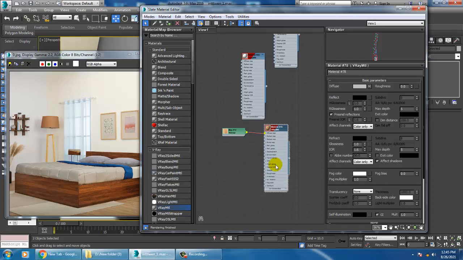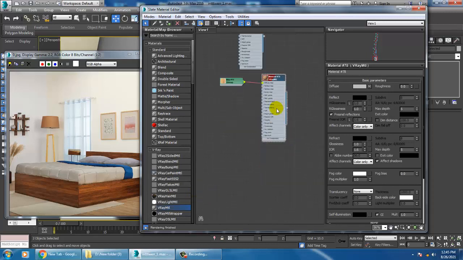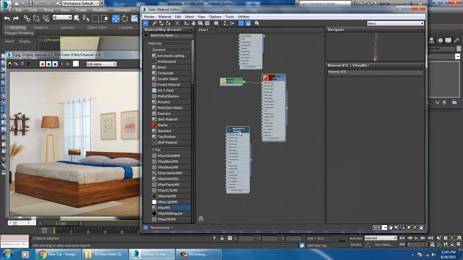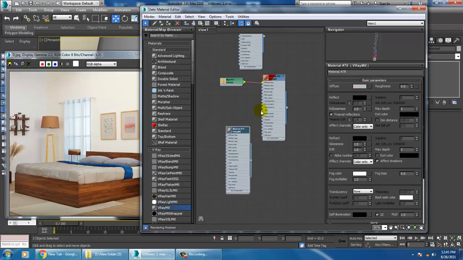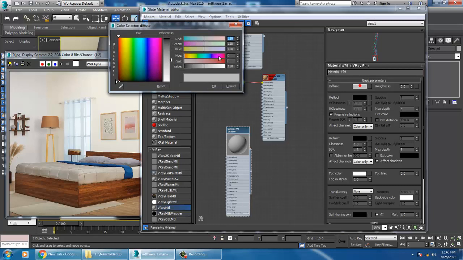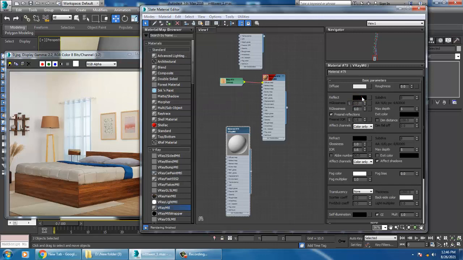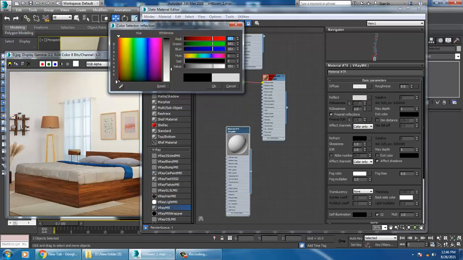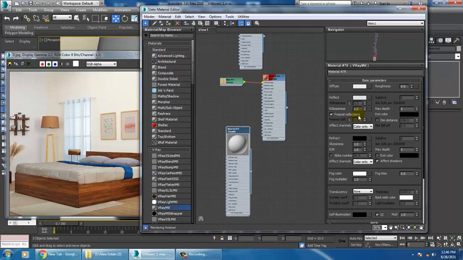Take a V-Ray material, just give a color, go into reflect, give a reflection. You have Fresnel reflections, and I'll reduce the R glossiness.